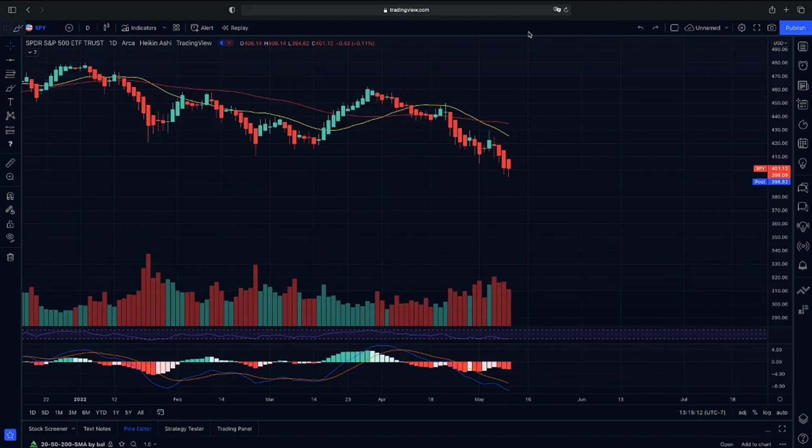Now, we do have CPI coming in tomorrow on pre-market. We'll see how the market reacts and digests on the week. So if we get an increase in CPI, we could continue on lower. If we get a decrease in CPI, we'll see how the market reacts with all this pressure that we've been getting to the downside.